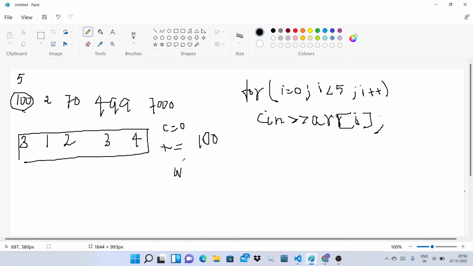Using a while loop, you can easily find the total number of digits involved in x. So while x not equal to 0. Why am I giving not equal to 0? Because 0 means the element is nothing, so the x value is absent here. So we need to run this loop when x not equal to 0. If x is equal to 0, then the compiler will come out of the loop. So while x not equal to 0, it needs to increment the c value. So c++.